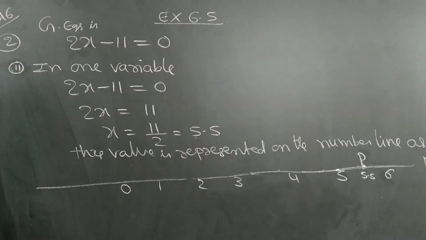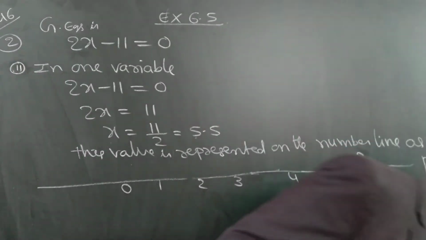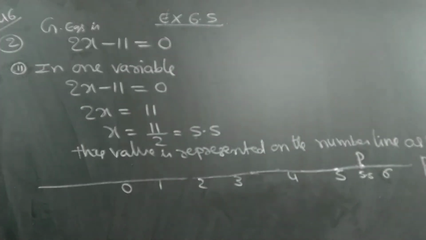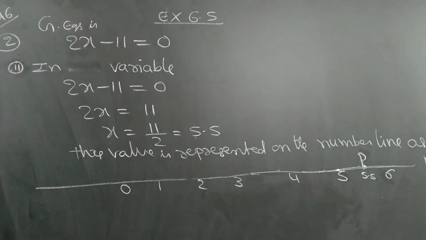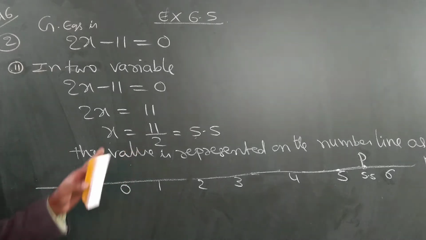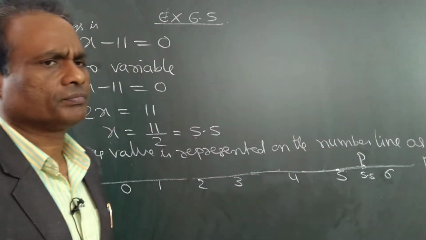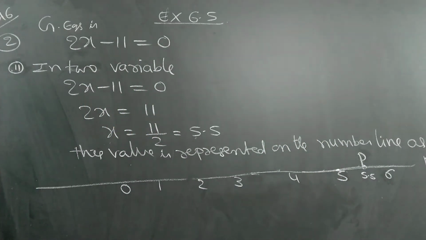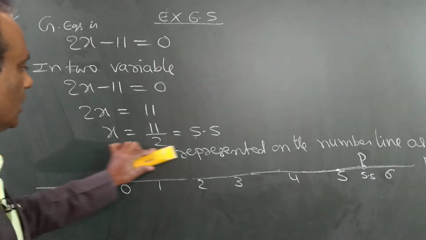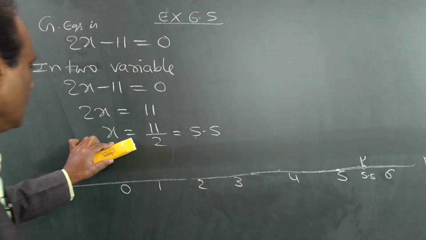If you are considering two variables, we have to represent it on the Cartesian plane. Cartesian plane means x-axis, y-axis. We will get a line. Complete it. 5.5, between 5 and 6 there will be the middle point, that is 5.5. Represented on the number line. Next,